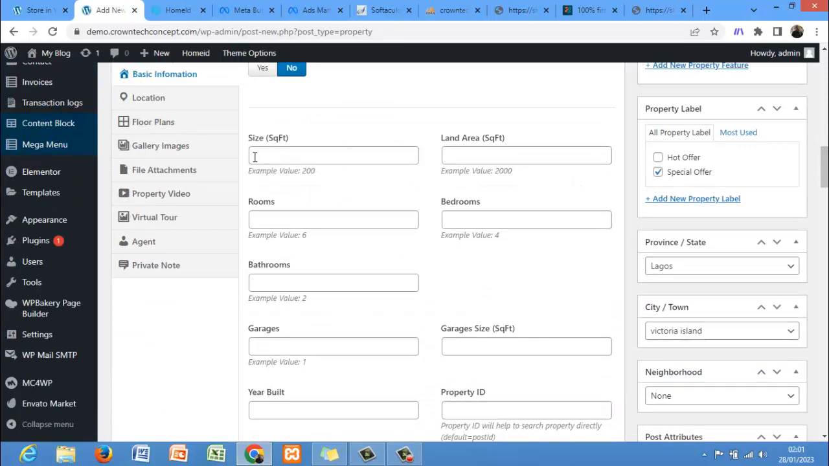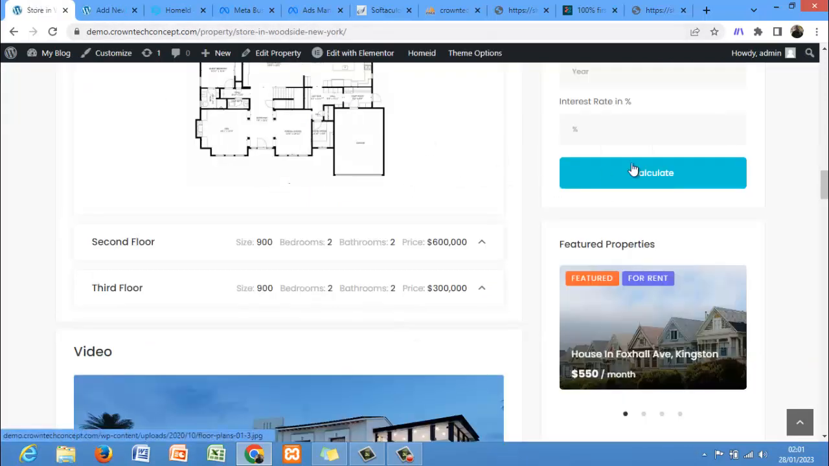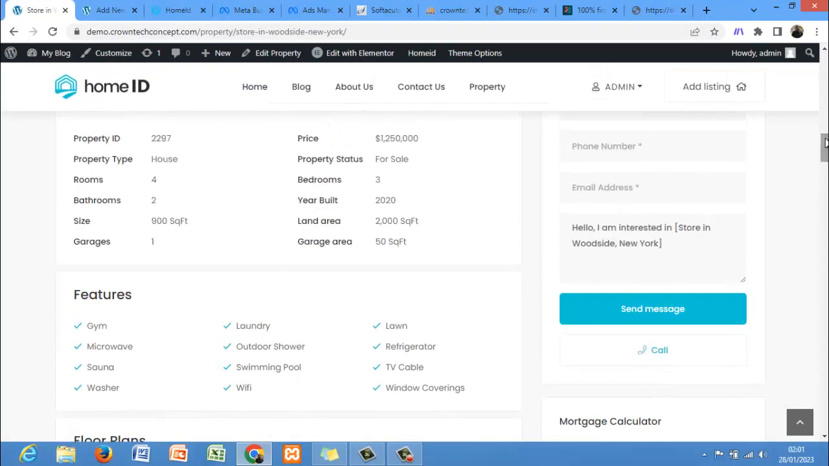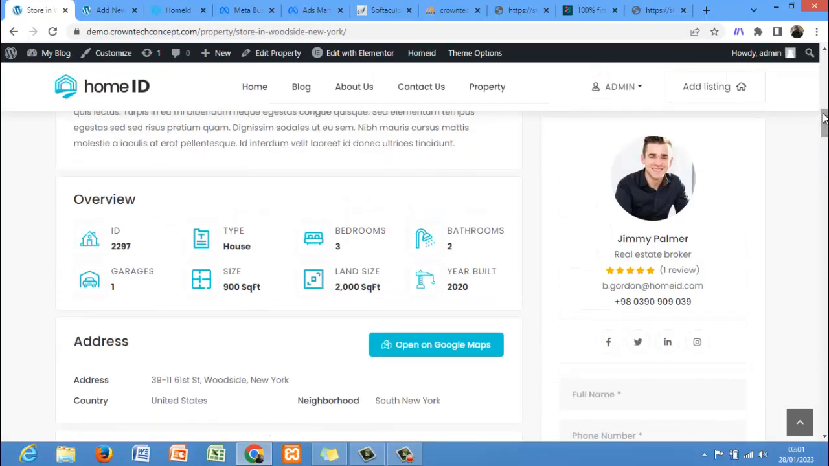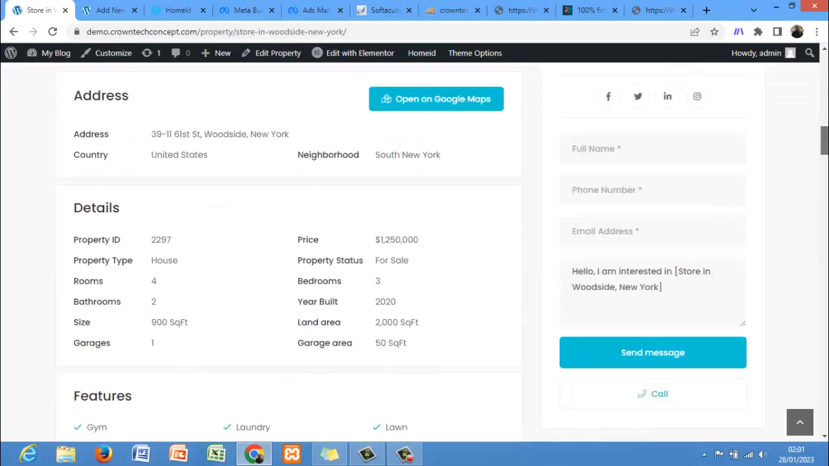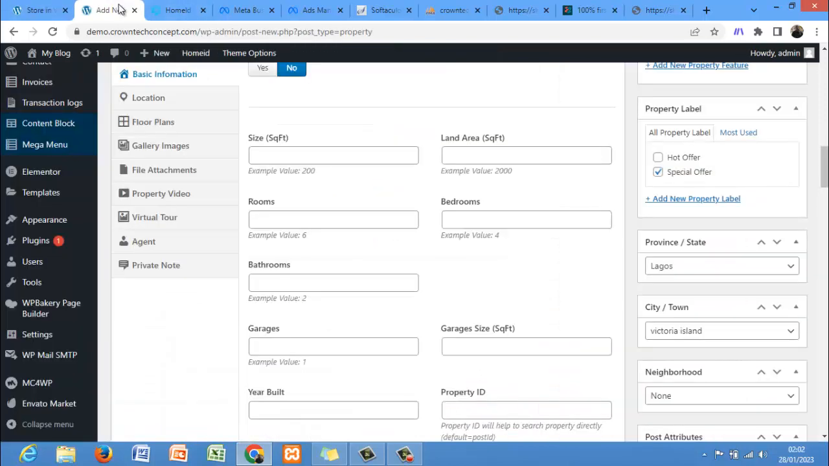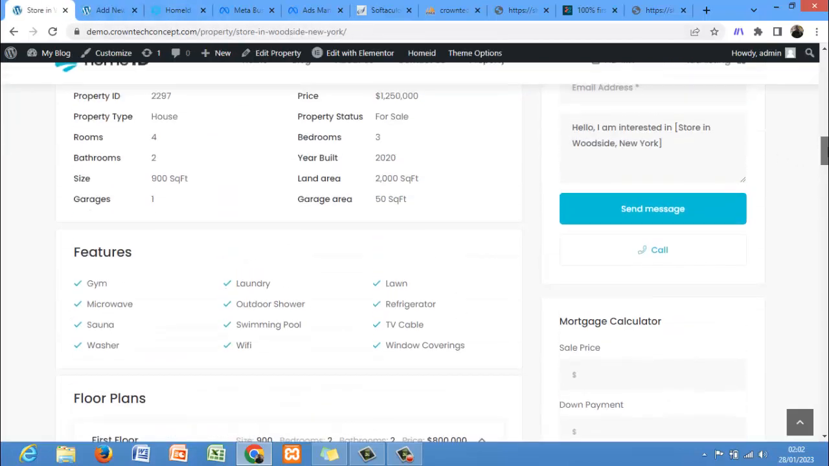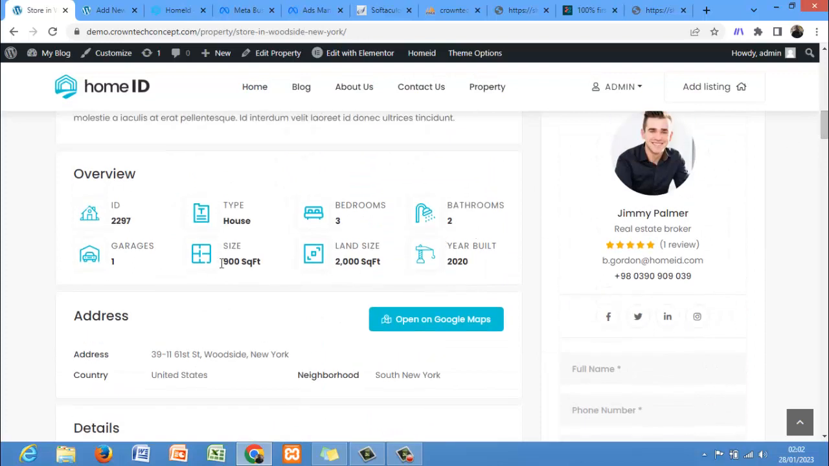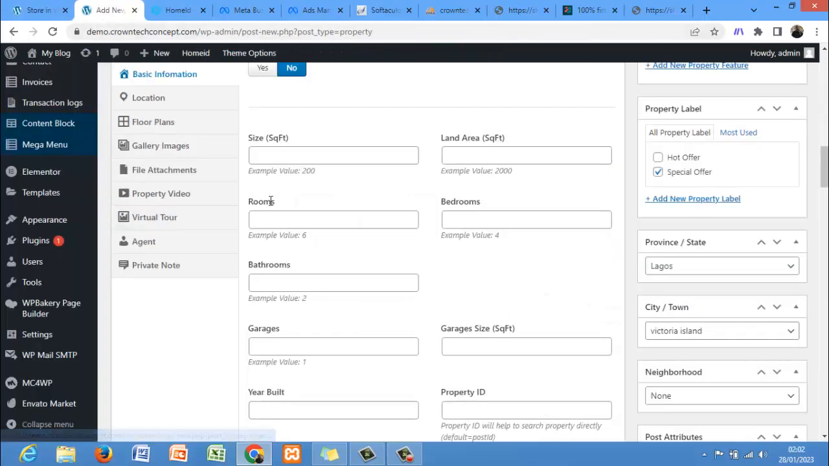Now the square feet, what's the square feet? Let's just use this one to fill it up, because I'm not a real estate agent. This one is having 900 square feet. Okay, size. Let's check the size of this one. The size is 900 square feet. Land size is 2000. So let's just fill it. Let's just put in a figure there. Let me just say 800,